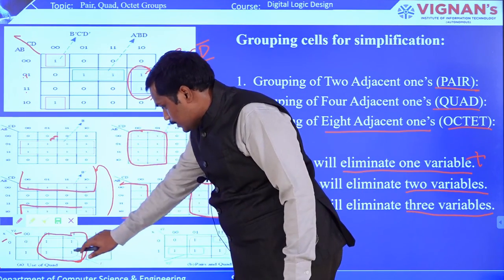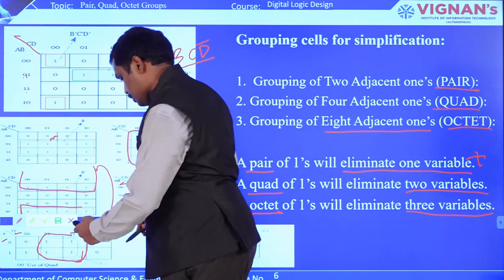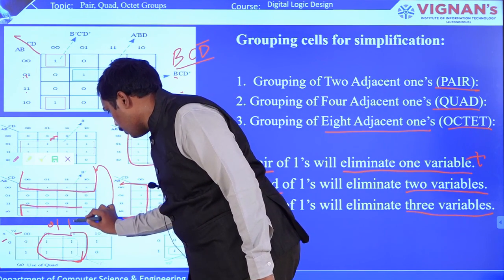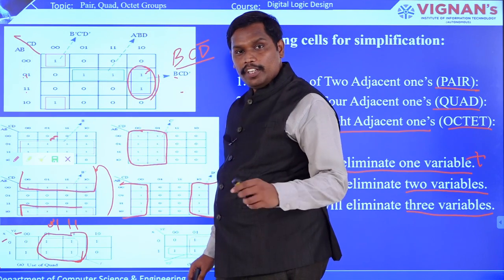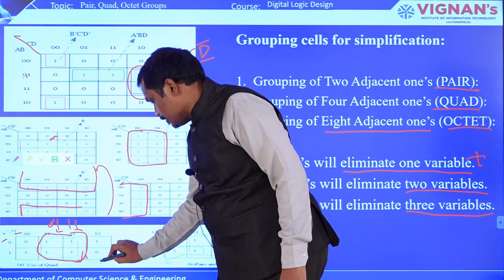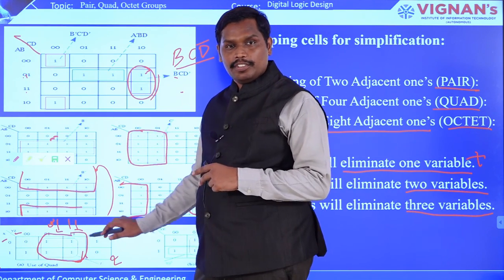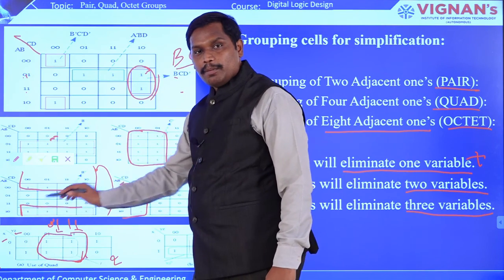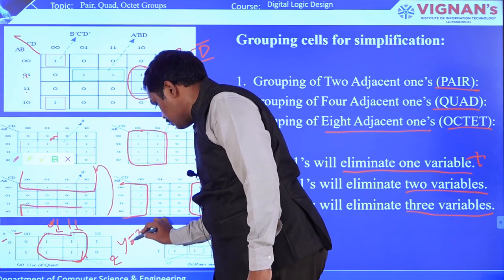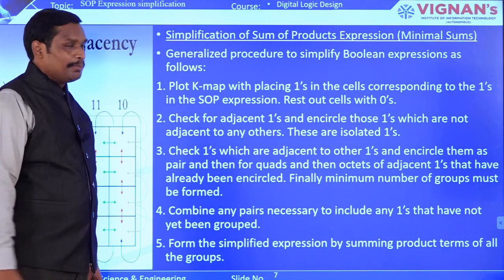The reason this is Z is that you can see it is 0 1 and 1 1. Whichever Boolean variable is the same, here it is Z and it is Z, so the solution is Z. You have removed 2 variables and the final solution is Z. So for this Karnaugh map, the final simplified solution is Y equals Z. Right? Now we will see the simplification of sum of products.